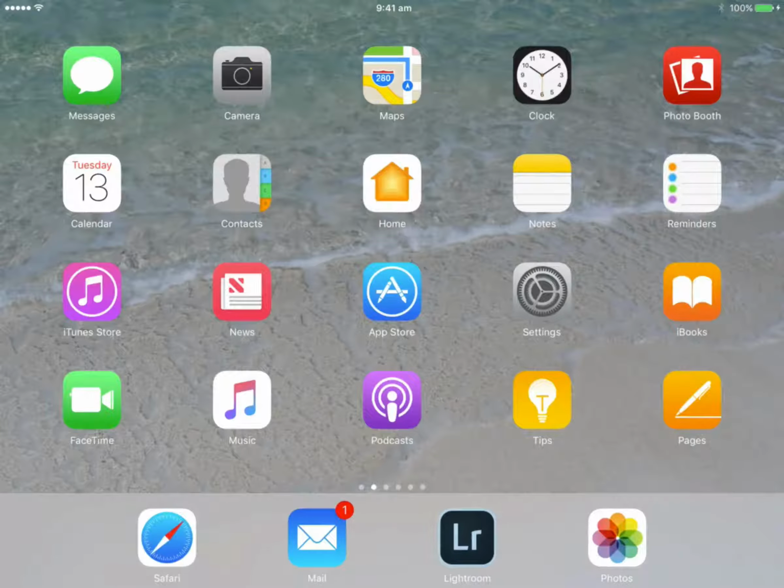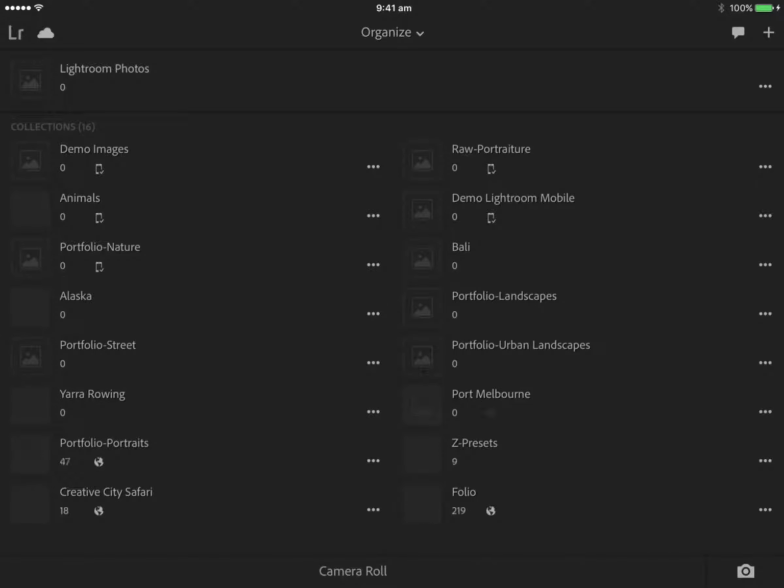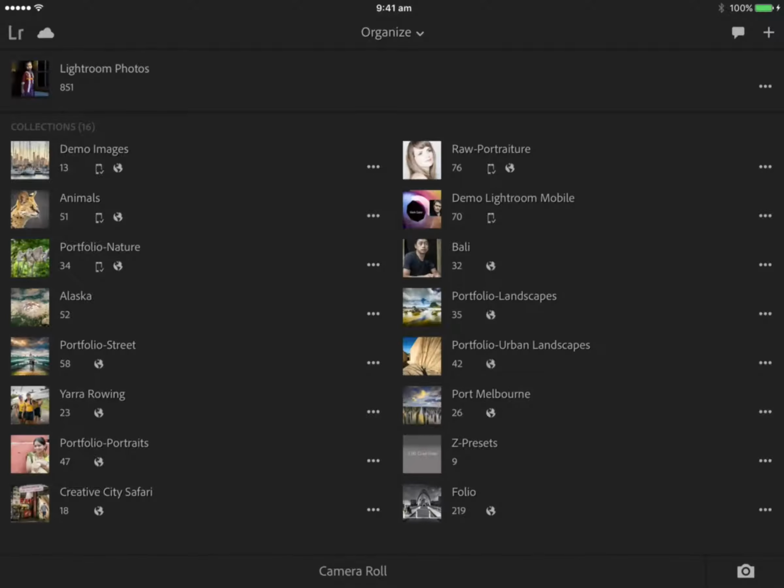I'm working on an iPad, but the Android interface is pretty much the same. Okay, so we can be working on mobile phones, we can be working on tablets. You can see I've come into my Organise space. This is where I have access to all of the photos that are being referenced by the app, but also